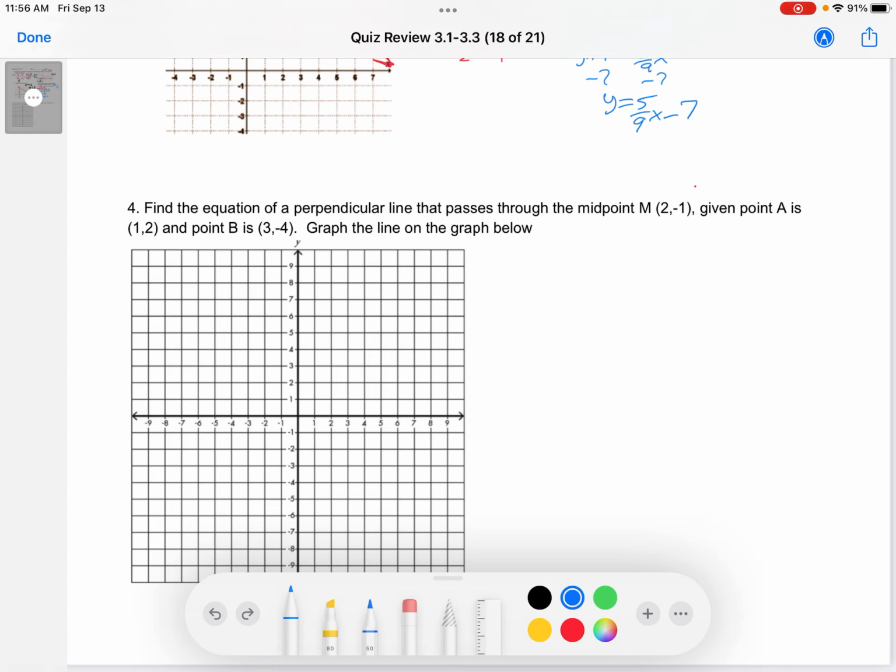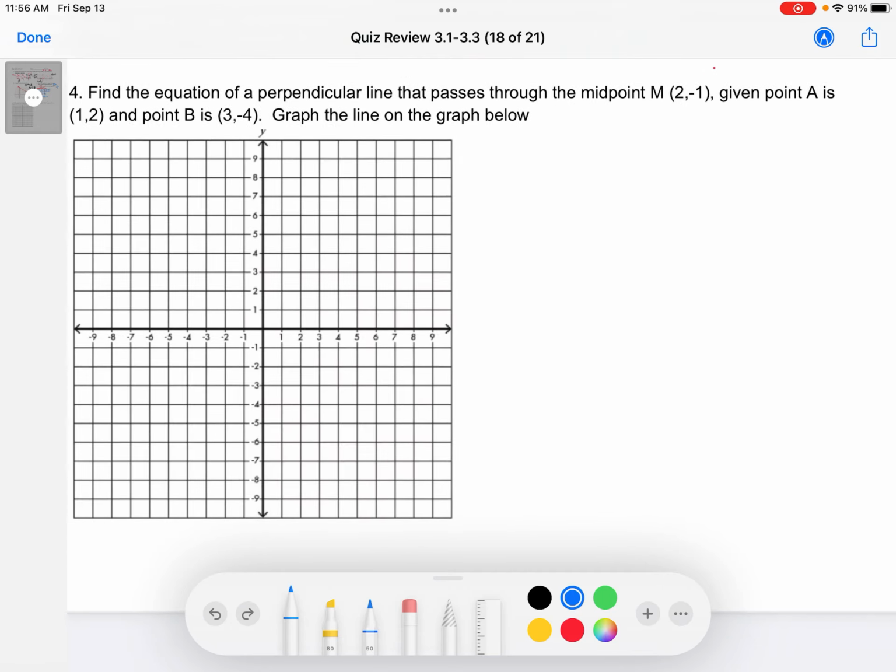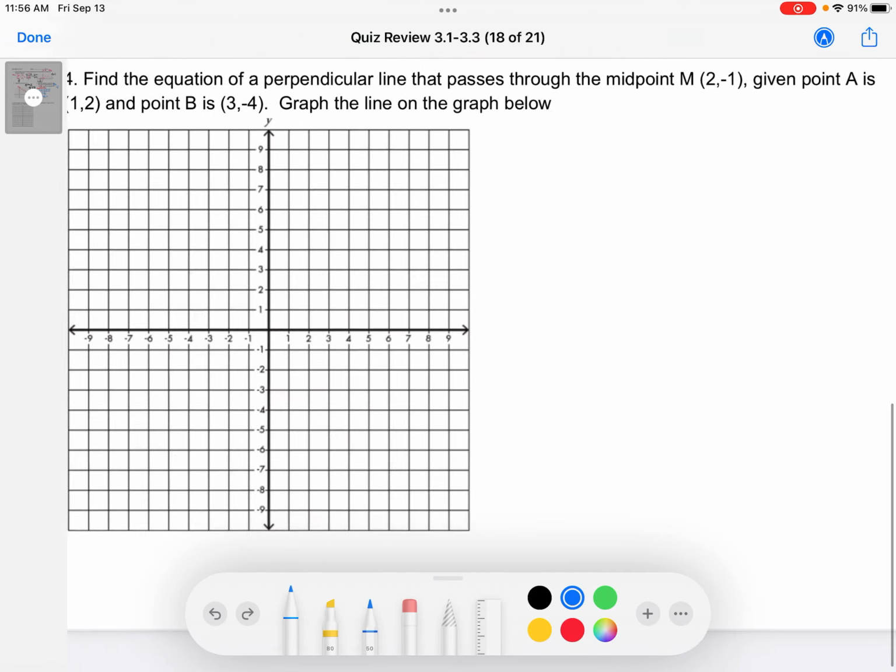Okay, let's look at this one. It says find the equation of the line that passes through 2, -1, given the point A is 1, 2, and point B is 3, 4. So I'm going to go ahead and graph this. So this one is a